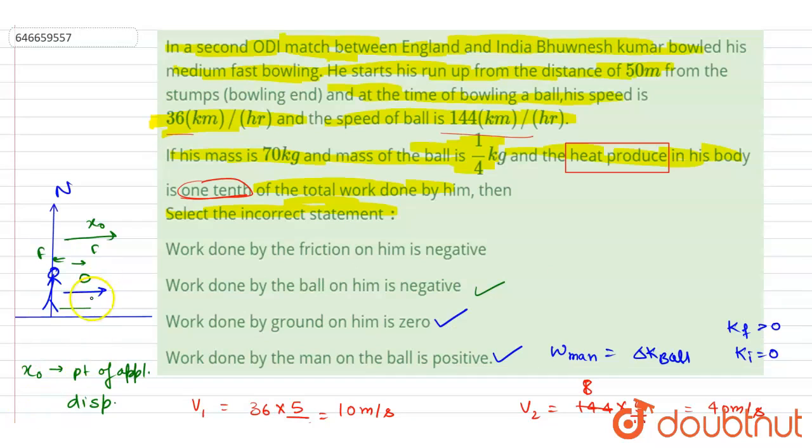But as I already mentioned, is there any displacement of point of application of force? Right, it is a tap motion, right? The man keeps the one foot on the ground and then the other. It's not that the point of application of the force is moving, right? It's not a relative motion between the surfaces. So though the friction force is acting here, the displacement of point of application is 0. So the work done will be 0 here, not negative, right? So this is the incorrect one. So A is the incorrect.